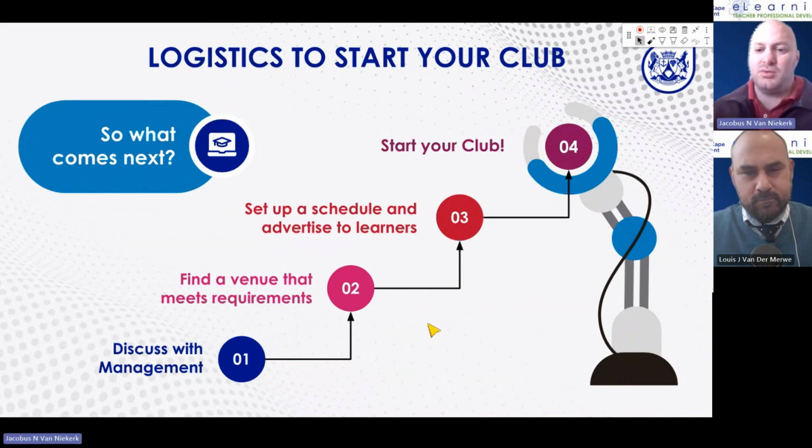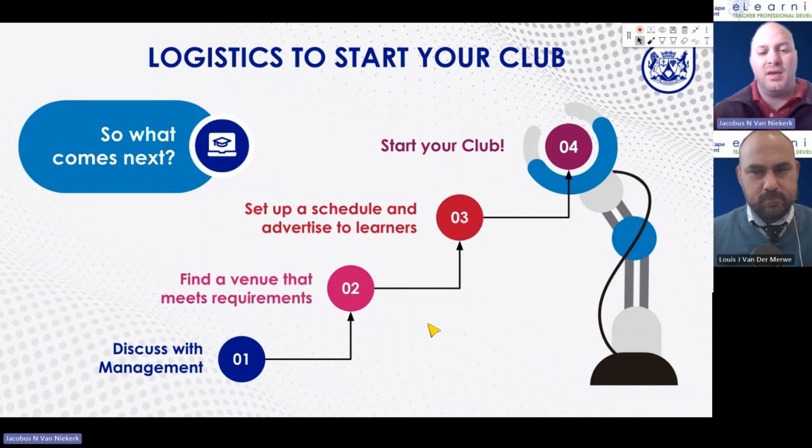Now, we want to really simplify this concept for you, because we don't want the logistics to bog a person down. You can get bogged down and think, oh, this is but ultimately, what I've seen great success stories of schools that say, look, I'm going to start with 5 to 10 learners after school. We're going to get together. We're going to just play around and figure out how this thing is going to go. A few years later, you get on a plane, you go and compete in America in your international robotics competitions.